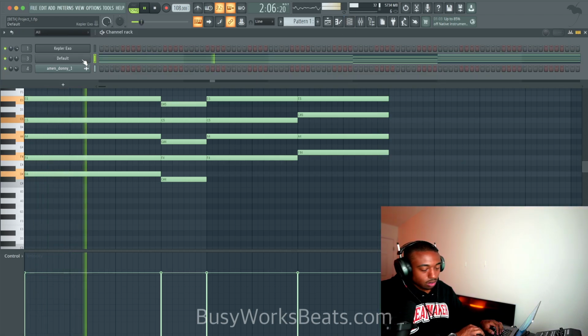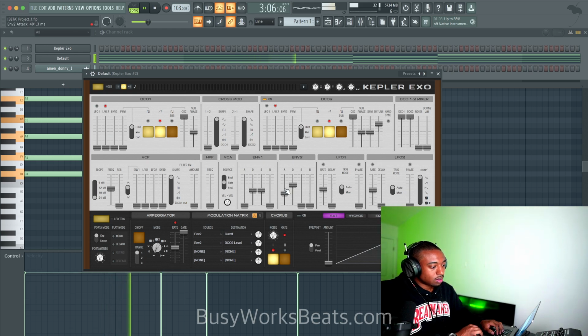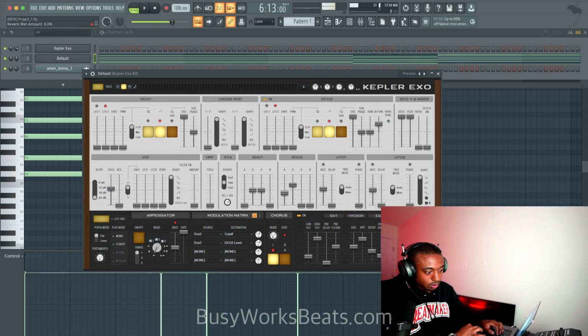This is more like a lo-fi. Let's give it some dimension with some early reflection reverb. Let's give it a wide width, low size of the room.